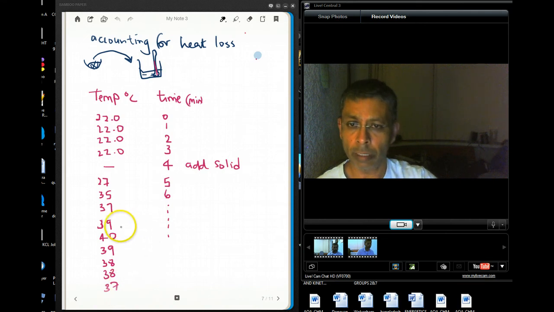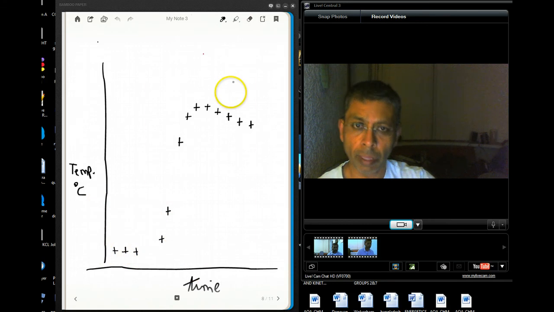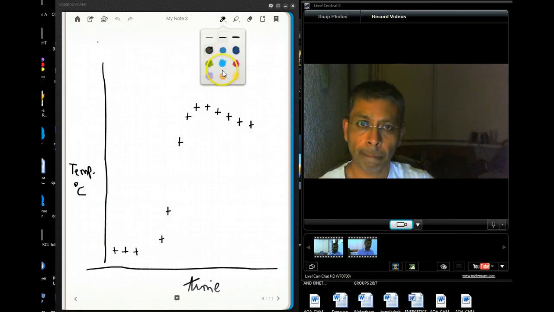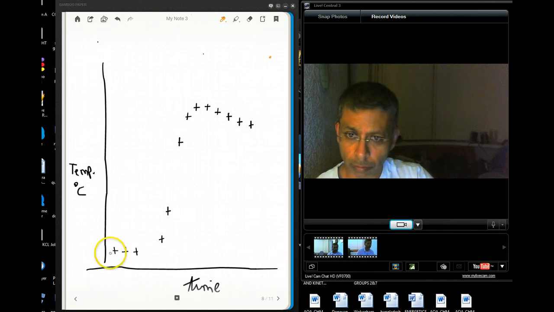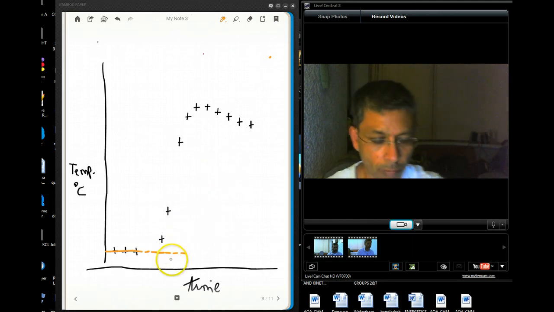Then you would take these results and plot a graph like so. Plot a graph like this, temperature against time, and you're going to get a nice smooth little graph like this. Let's see if I can, let's use that. So now I'm going to join my dots up. Now don't join the dots, draw the best straight line through the points, so here. And I'm going to extend it, extrapolate there, use a ruler of course, and over here, if I get this right,